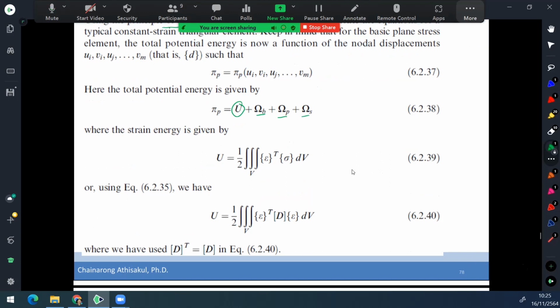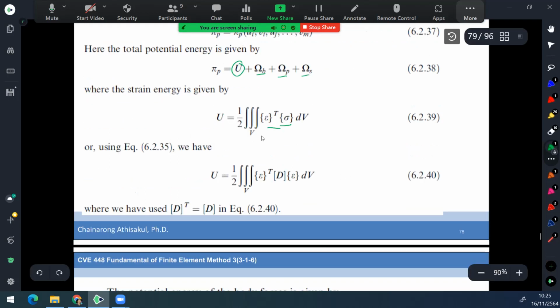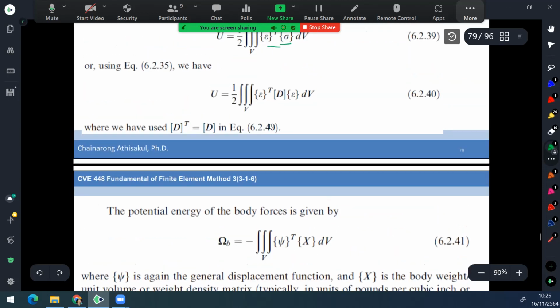The strain energy of the system is composed of the strain and stress related to each other in order to derive the strain energy. According to this equation,